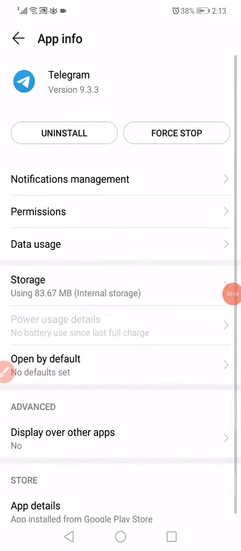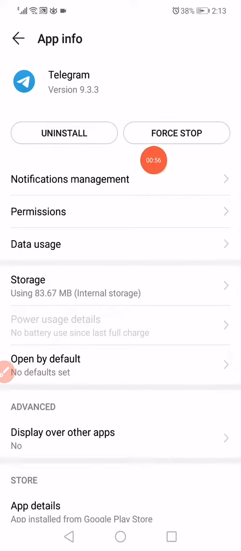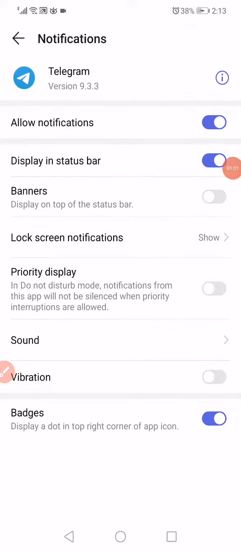Now all what you want to do here is simple. First thing, click on this option and then click on notifications management. Now make sure to enable all the options right